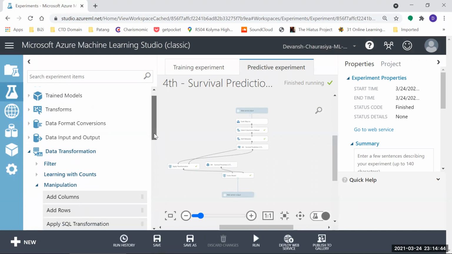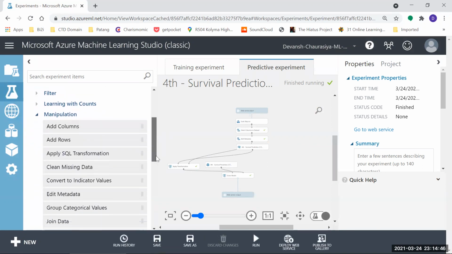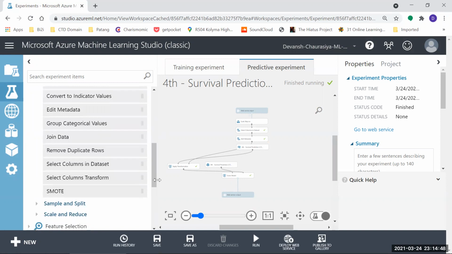And I just need a few columns, right? I don't need all the columns. So select column in data set. And what I can do is delete this and connect here. I know it's pretty small.